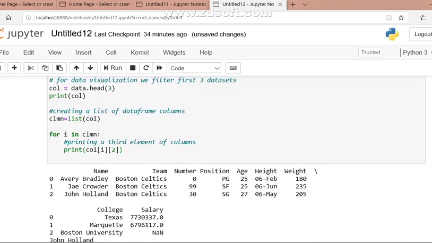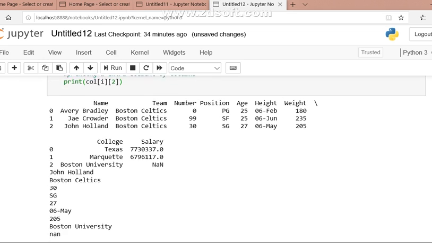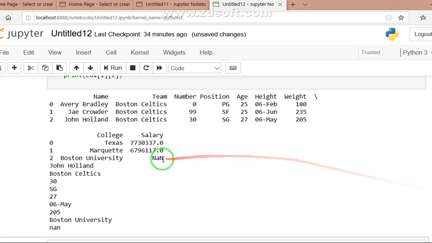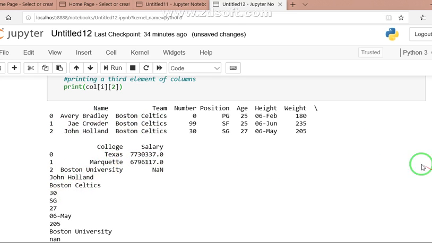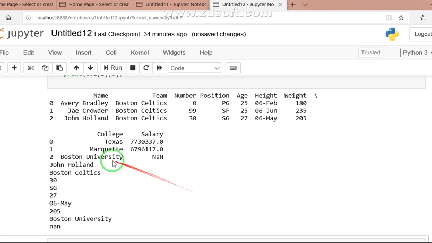So now we would like to see in the output part now, students. First you are finding the data frame output, and finally now with this print column we want to print the third element of the column. The third element of the column is represented by John. Clear? So see here all the information about John: first is his name, then his team name, then his number, position, age.